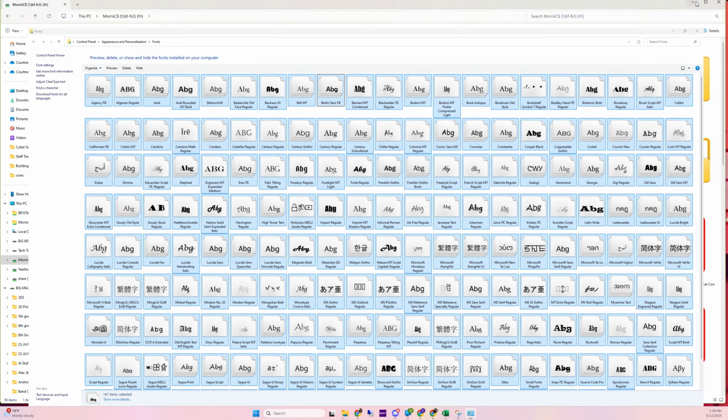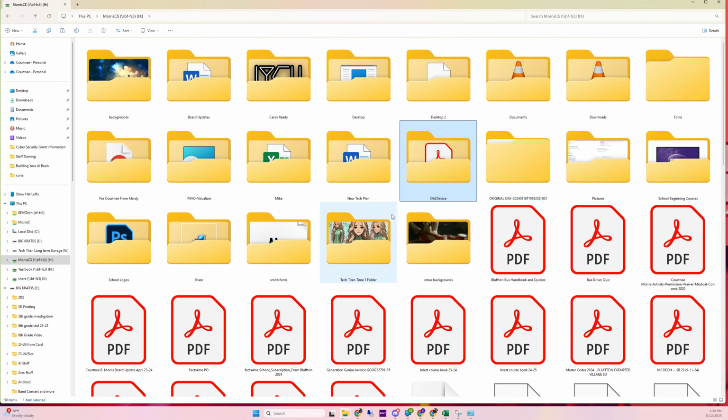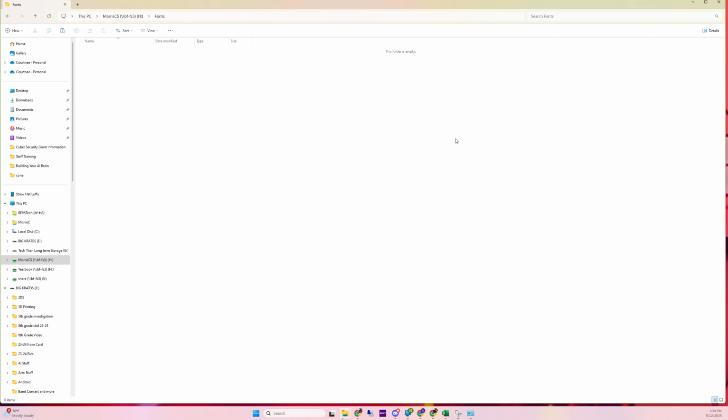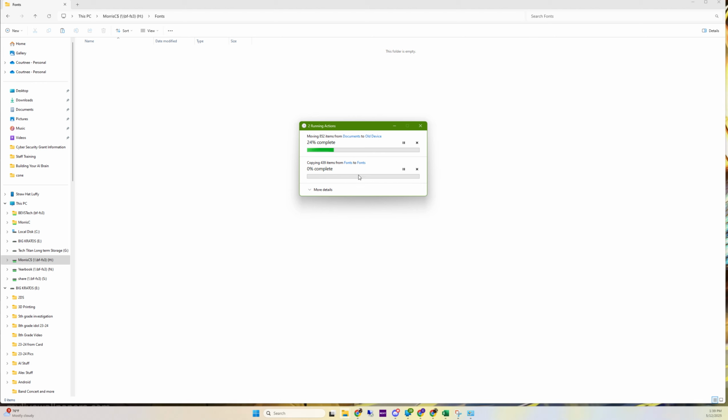I can then minimize or exit out of that. Back into my, if I didn't get here already, I can click back into my H drive, which is here. Here's my fonts. I'm going to click into my fonts, and then I'm going to right click and paste my fonts into here as well. And so you'll see all of my fonts start to come over here. And the reason being is